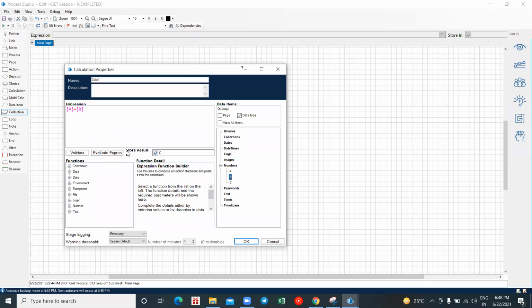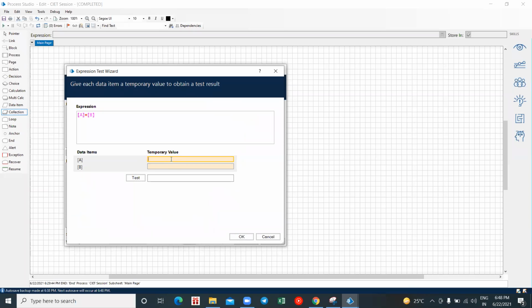And now I have an option called evaluate expression, right? I have given A plus B, and I have to check whether this expression is working perfectly or not. That I can do by clicking on this evaluate expression. Here I can give some random number as 23, again a random number here, and click on test. So what is the expression?